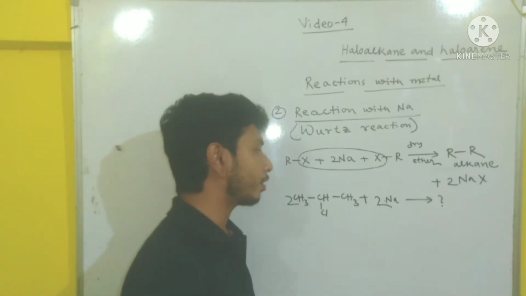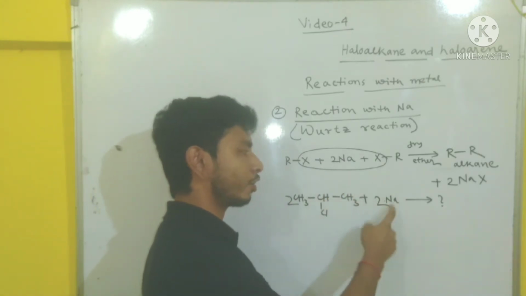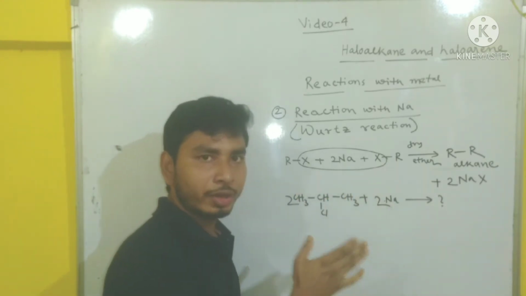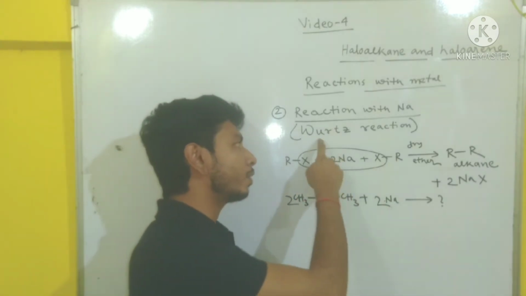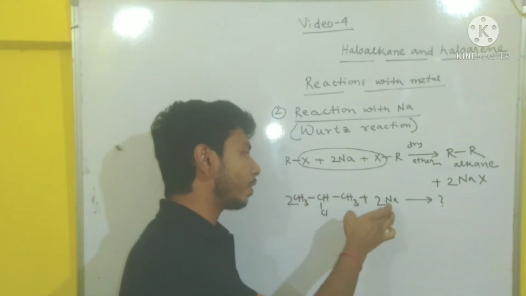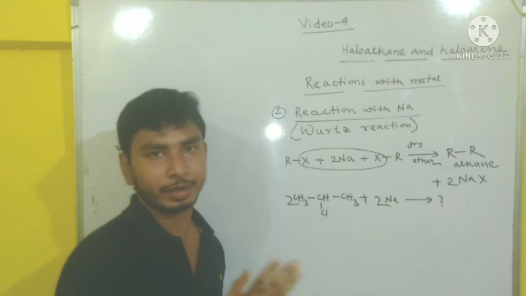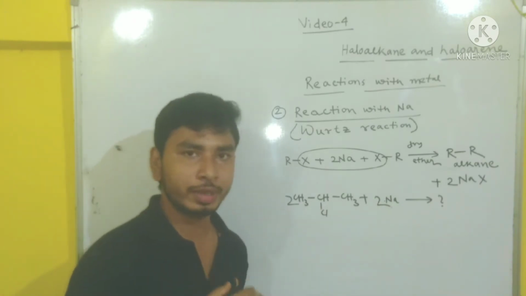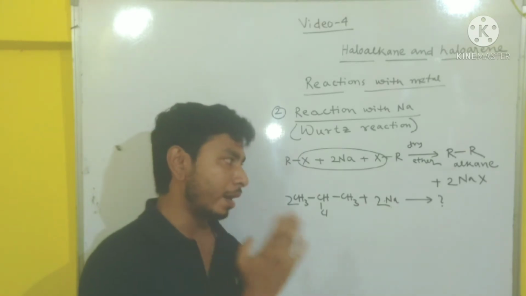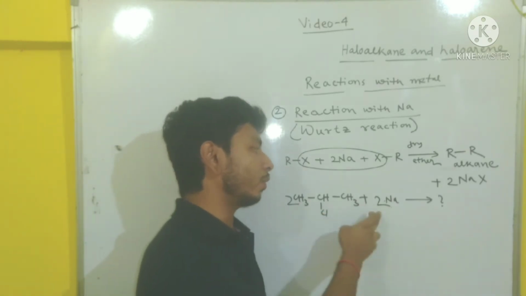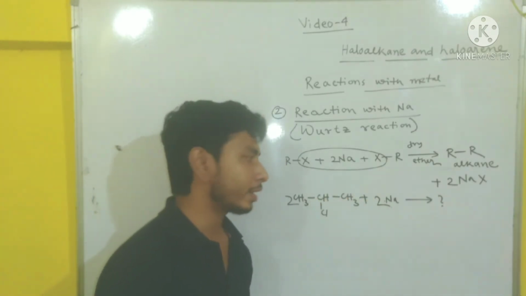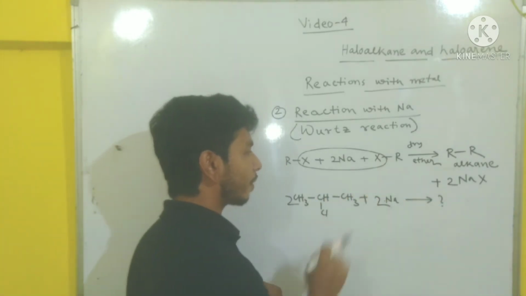So if in the reaction there is alkyl halide and sodium, then we have to consider that it is a Wurtz reaction, and in the Wurtz reaction 2 equivalent of both the components is necessary. So either the coefficient 2 is written or it is omitted in the question paper, we have to write the product by considering the 2, because in the Wurtz reaction 2 equivalent is necessary. So what is the product here now?